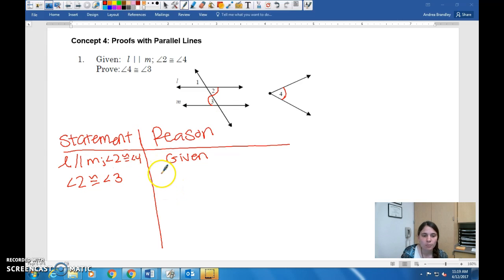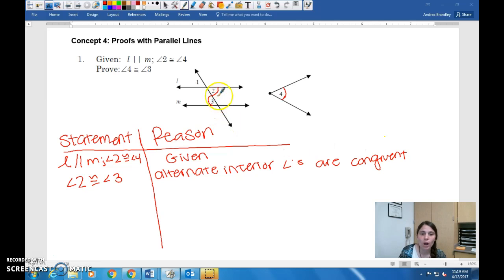Why? Because alternate interior angles are congruent. That's my reason for saying those two are equal. So I know that 2 is equal to 4, I've already said that, and I know that 2 is equal to 3, I've already said that. So I can say from there that angle 4, that kind of looks like a 9, let me fix it so we don't get confused. So angle 4 is congruent to angle 3